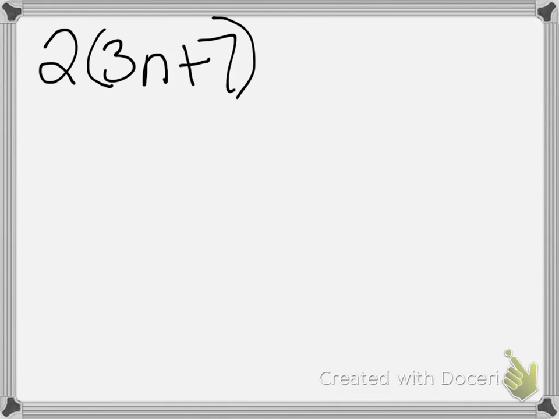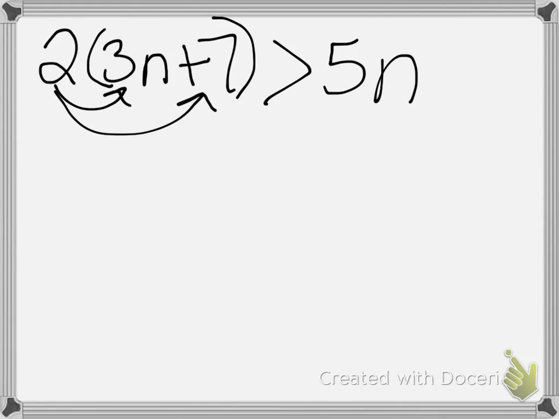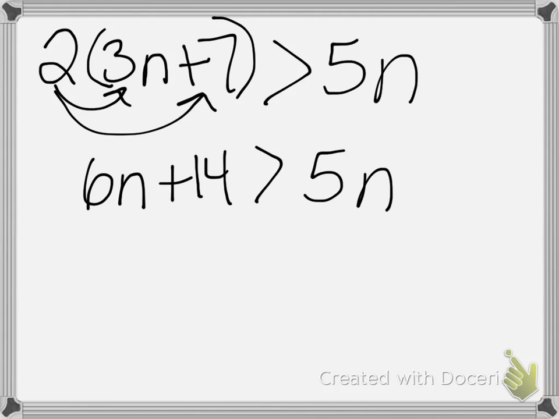What if I've got variables on both sides? If I have 2 times 3n plus 7 is greater than 5n. So I have multiplied by 2 using my distributive property. I've got 6n plus 14 is greater than 5n. Then I'm going to subtract 5n from this side. If I do that, it's going to leave nothing on the right-hand side. So I can't do that,